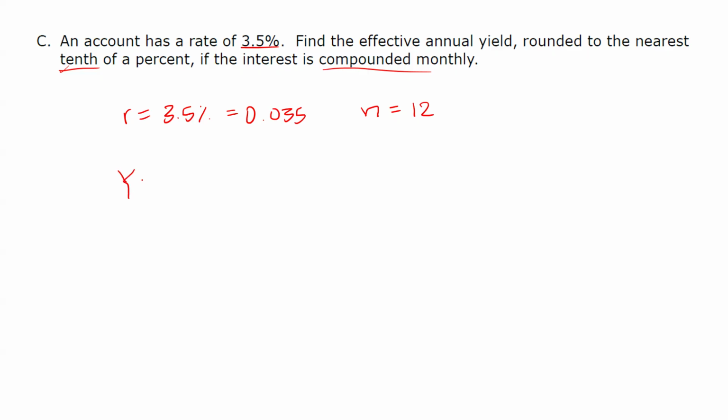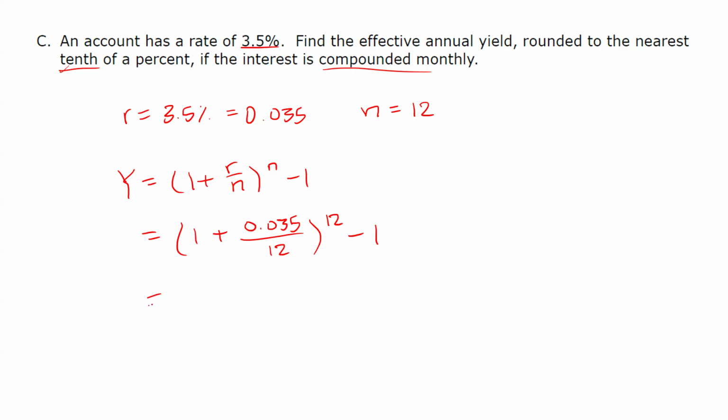Our effective annual yield formula is (1 plus r divided by n) raised to the power n, minus 1. So we'll now substitute in our values that were given to us. Then we'll enter this into our calculator, giving us the value